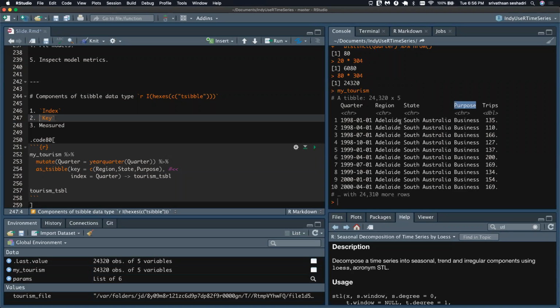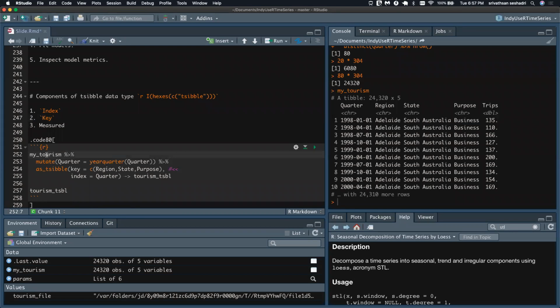So for business, for all the 80 quarters, or 20 years, that is a unique time series. So those are the ingredients that are needed to define and stack time series objects, which is just like a tibble.